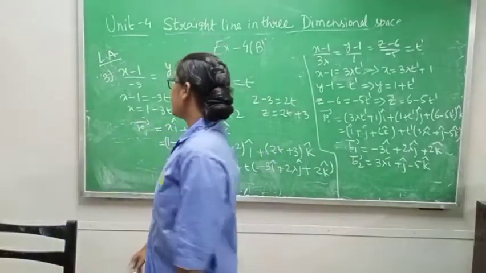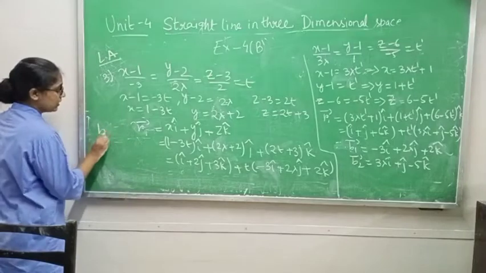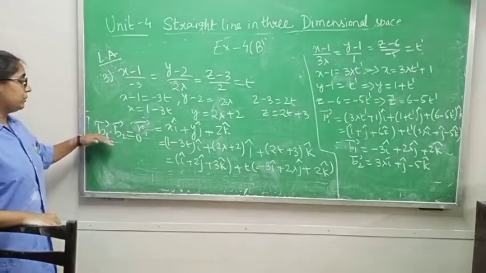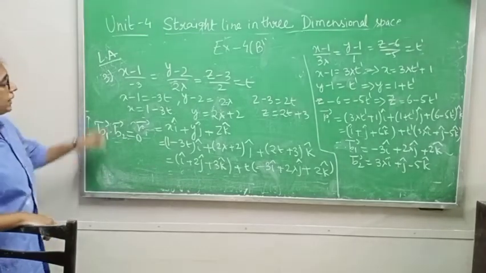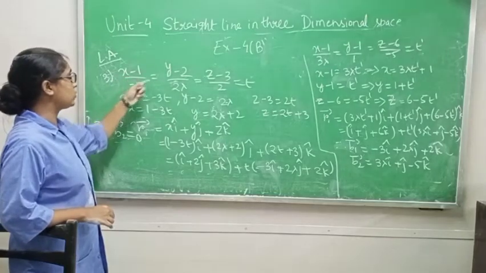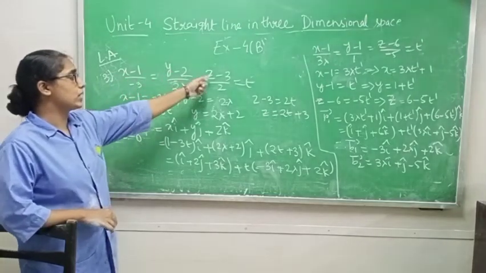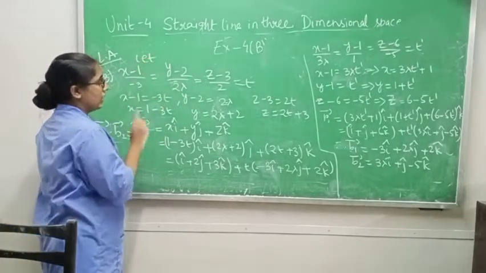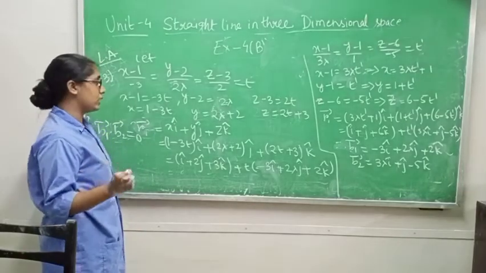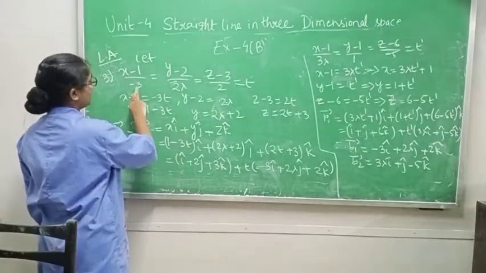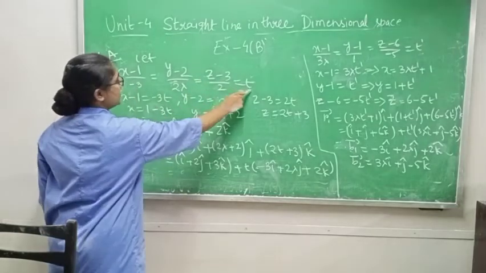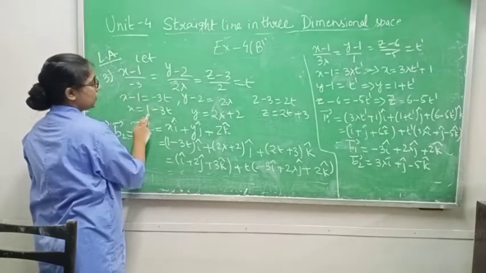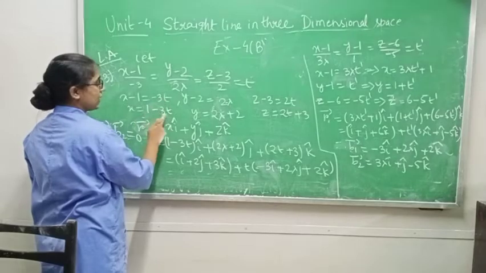Now you know that if two lines are perpendicular to each other, then p1 vector dot p2 vector equals how much? Zero. So we have to find the p1 and p2 vectors first. How will we find them? The first equation is (x minus 1)/(-3) equals (y minus 2)/(2 lambda) equals (z minus 3)/2. First we will let this be equal to t. Now one by one we will find the x, y and z values. x minus 1 equals minus 3t, and minus 1 comes across as plus 1, so first I write 1, then minus 3t.